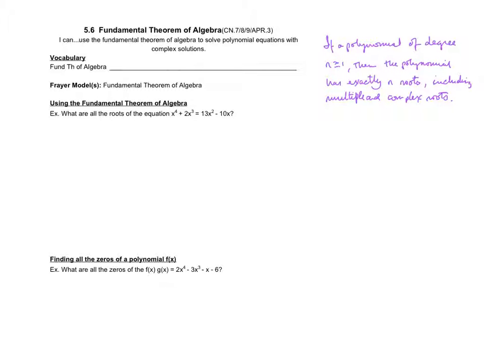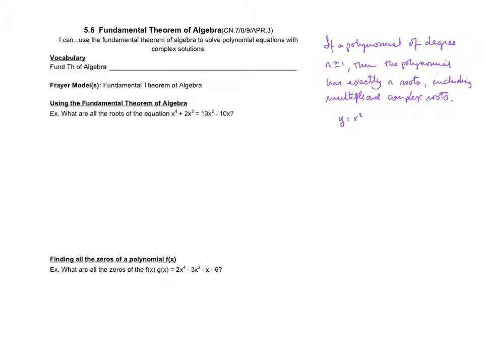The fundamental theorem of algebra states that if a polynomial has a degree of n, where n is greater than 1, then the polynomial has exactly n roots, including multiples and complex roots. An example, we know that